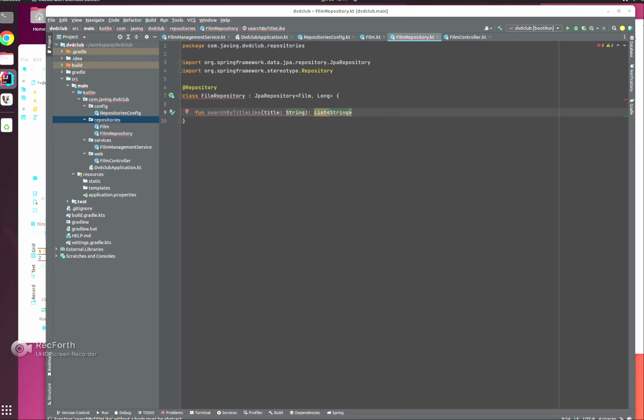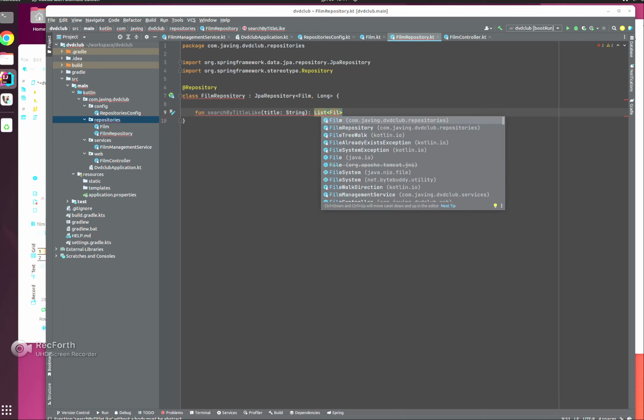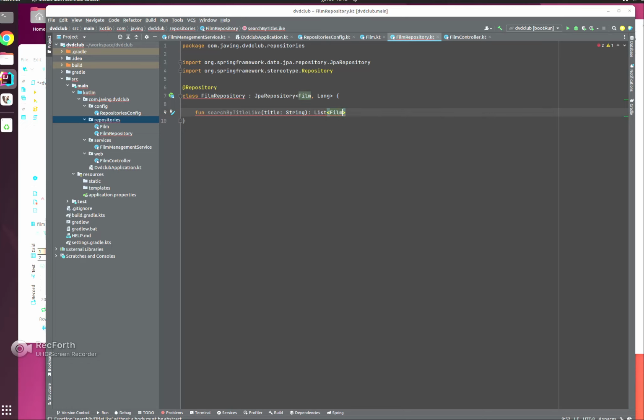When we return data from a repository, sometimes we need to have a special converter which will automatically convert to this. But this is not going to work just out of the box without this converter,